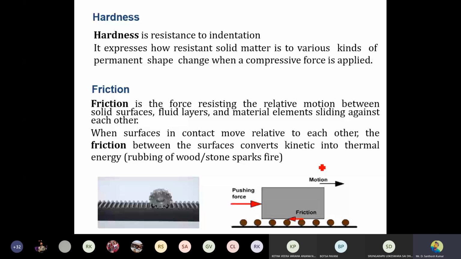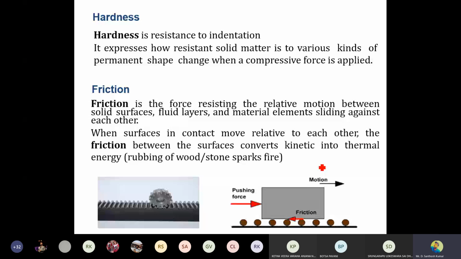So after the quenching operation, once again you measure its hardness. Then obviously hardness will have varied. So hardness definitely will increase. Once the hardness increases, then obviously the performance of the component will increase. Then obviously the life of the component will increase. That is the meaning of the performance. Okay. So then